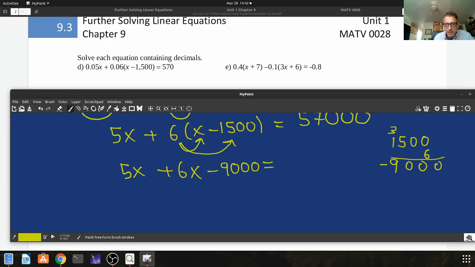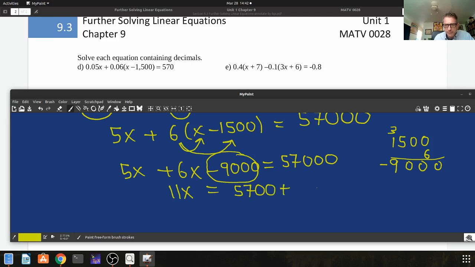That's usually what happens when you move decimals. The price with moving decimals is I get nice little numbers, and I don't have to do any decimal division. So 6x and 5x is 11x. And clearly I'm going to move this term to the other side. So that's going to give me 5,700